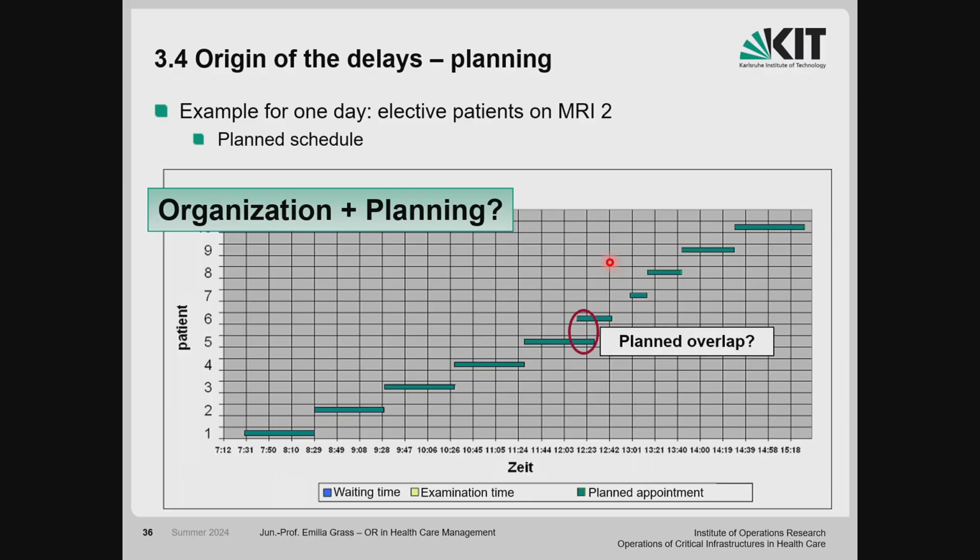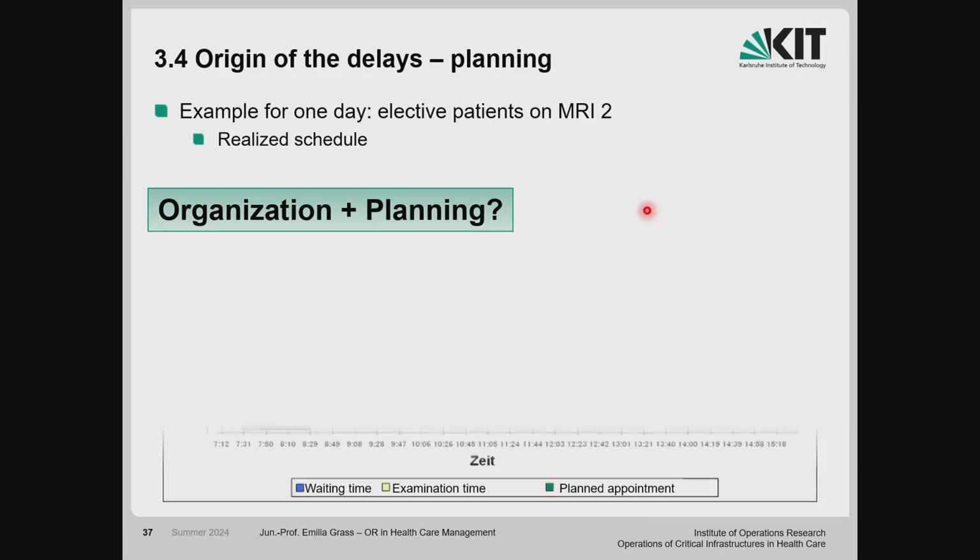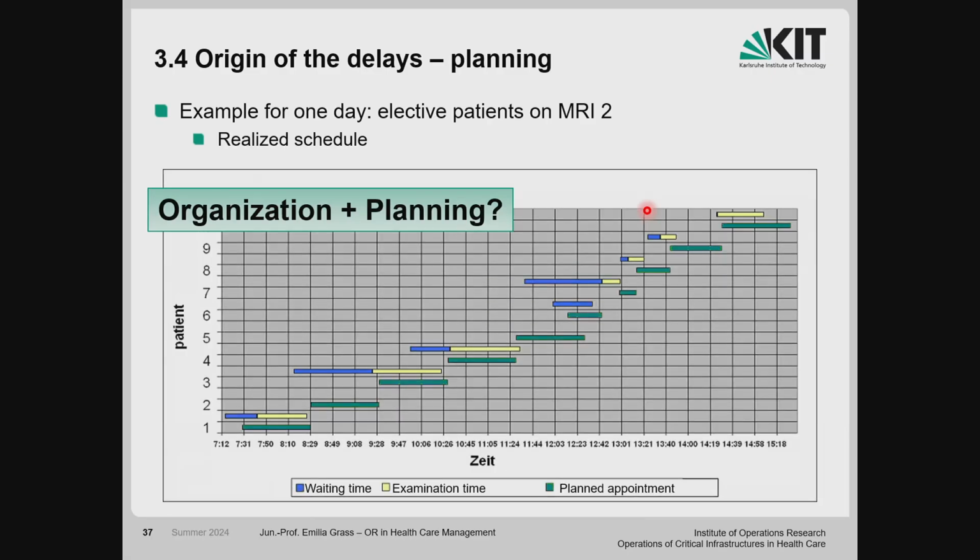Okay, so planned overlap, down here the gap, and this is the real and actual waiting times, and we have to differentiate between waiting times and examination time. The appointment of the patient starts at 7:30, but of course often patients come earlier and have to wait. So also this question, right? The appointment is at 7:30. Why do they start at 8:45 or whatever? Why is the treatment start delayed here?